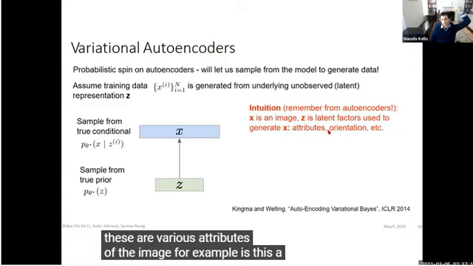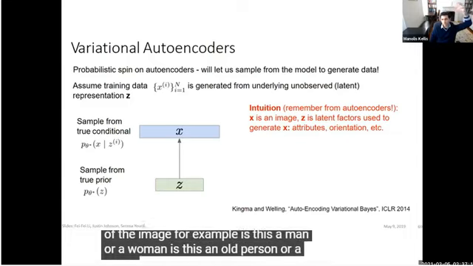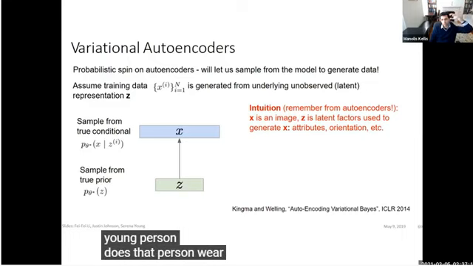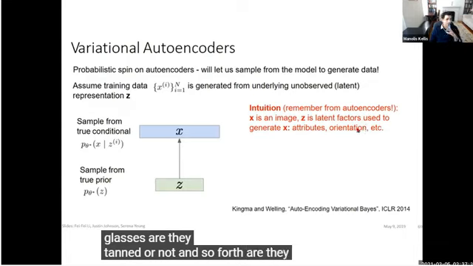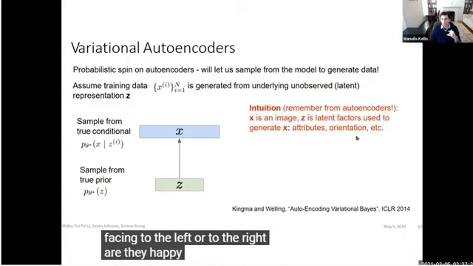For example, is this a man or a woman? Is this an old person or a young person? Does that person wear glasses or no glasses? Are they tanned or not? And so on and so forth. Are they facing to the left or to the right? Are they happy or are they sad? So all of these vectors